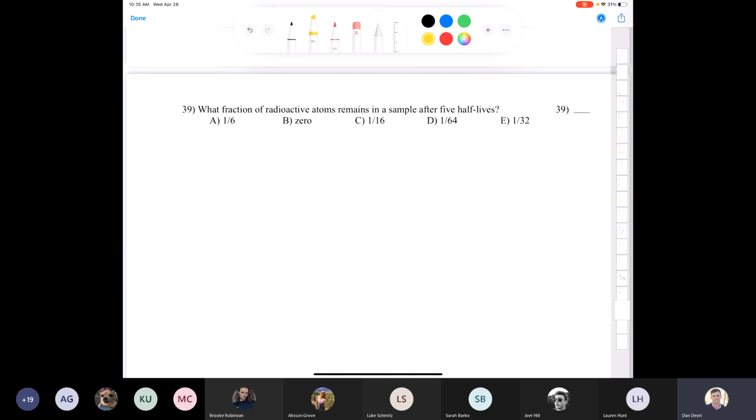Question 39. What fraction of radioactive atoms remains in a sample after 5 half-lives? Well, you could do it like this. You could say, I start out with 1, and then after 1 half-life, I end up with 0.5. After a second half-life, I divide it in half again. I end up with 0.25. After a third half-life, I end up with 0.125. After a fourth half-life, I end up with 0.0625. And then after a fifth half-life, I end up with